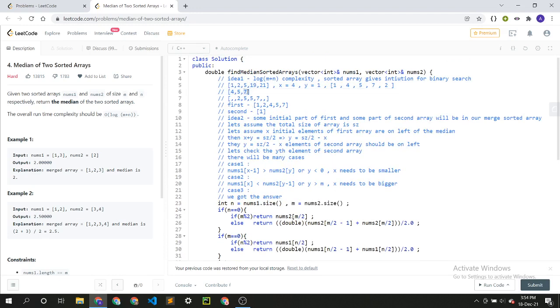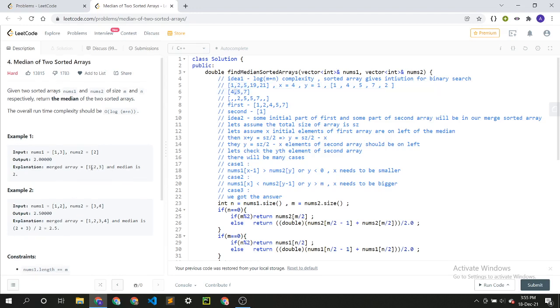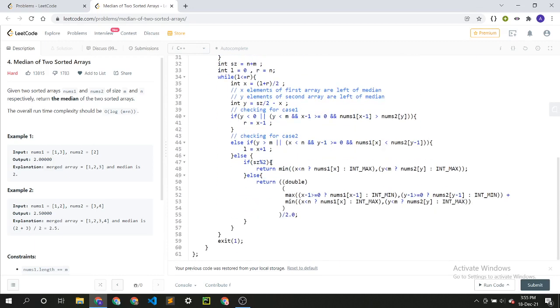Okay. So now if we took this many elements from the first array, this many from second, then either this or this will be our median. Whichever is smaller will be our median, because these elements are size by 2. For example, in case of 3, these elements are only 1, so median will be after that. So 19 or 7, whichever is smaller will be first, which will be our median. So that's what I am doing here. These are just conditions to make sure that I do not reach any edge case.